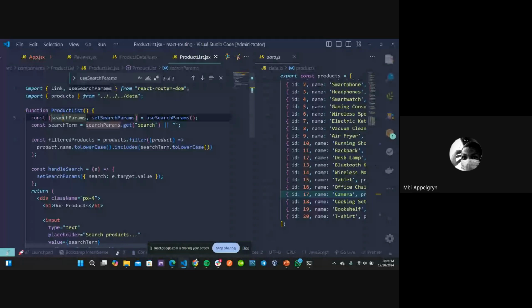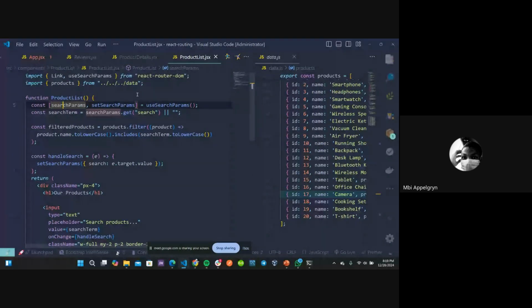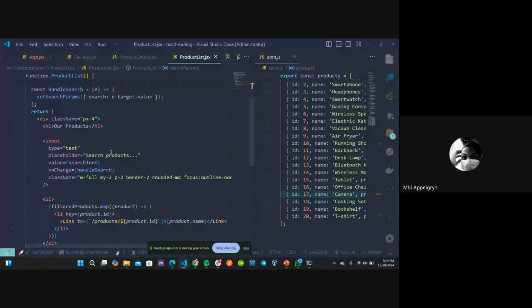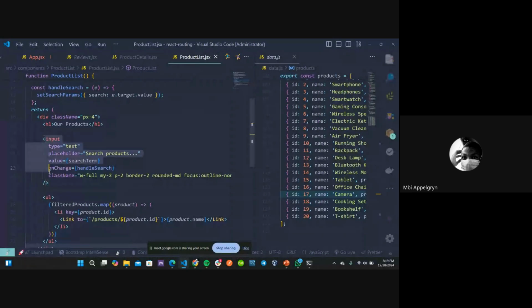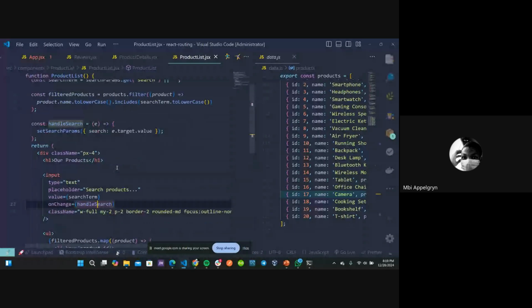So in order to use that, we call useSearchParams from React Router DOM, and then we get the state and the setter. In this example, we have our input field, and the value of the input field is going to be the search term, and then we have a function which is in charge of listening to